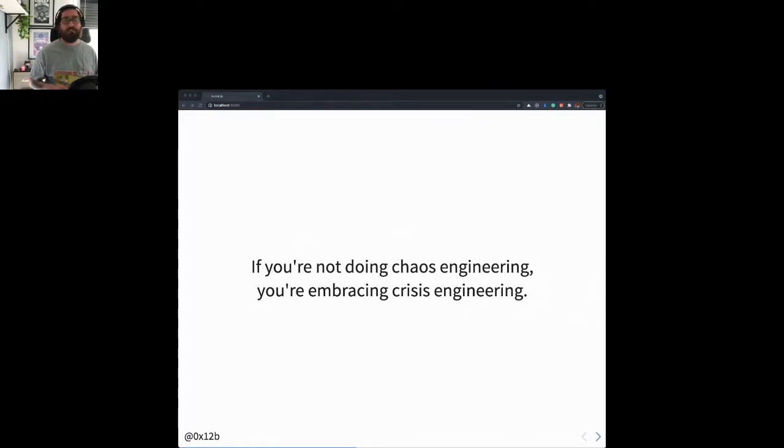And according to Jim Scheibmeier, a senior principal analyst at Gartner, the reality is that avoiding chaos engineering is actually the equivalent to doing crisis engineering. And I think that he really hits the nail on the head with that sentence. If you systematically and empirically try to expose weaknesses in your systems, in your infrastructure or your architecture, you'll obviously be a lot better equipped to handle it when the real incident occurs.